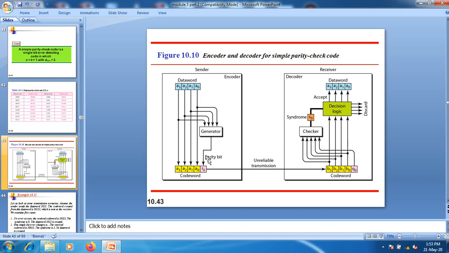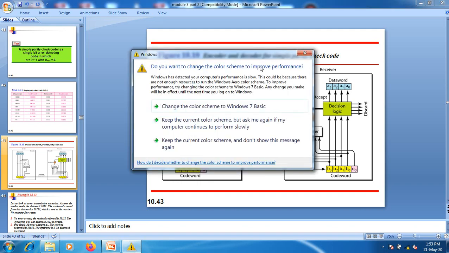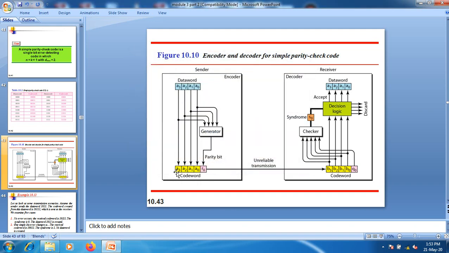Okay, I need to append this parity bit to the data word. Once you append it, we have generated the code word here. Once we have a code word, we need to transmit that information over an unreliable channel. Once the destination receives that information, it receives this code word, which either may be correct or may become corrupted in the passage.